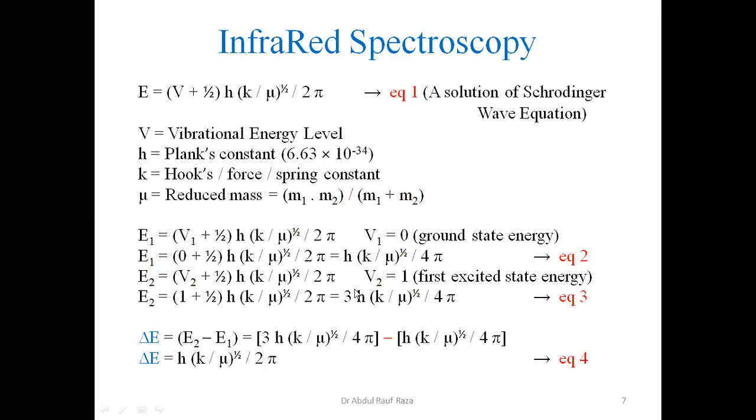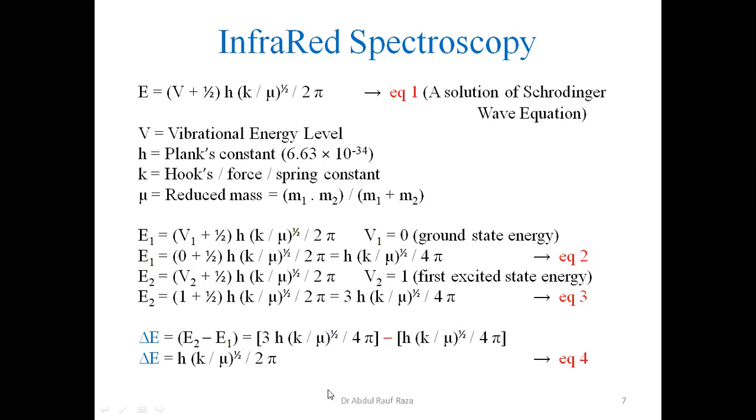Let's say it is going from ground state to V2 is 2, not 1. Then it shall be 5H minus this factor. It shall be 5 minus 1, which is 4. 4 shall be cancelled out with this one. So the denominator value shall not be 2. It shall be this factor divided by pi for overtones. But whenever there is an allowed transition going on, we shall always end with the same answer.